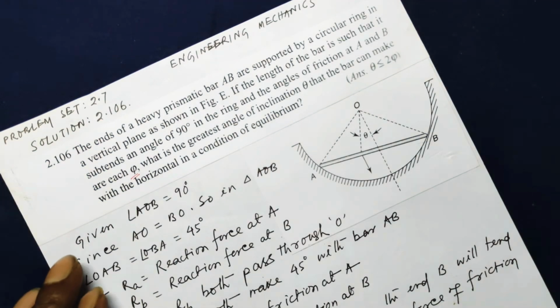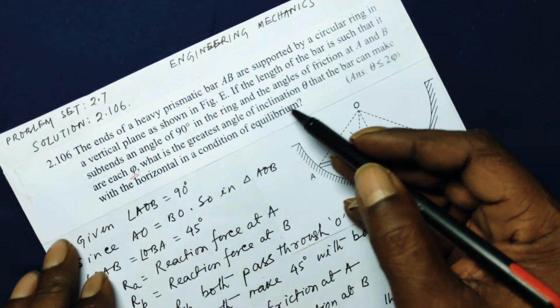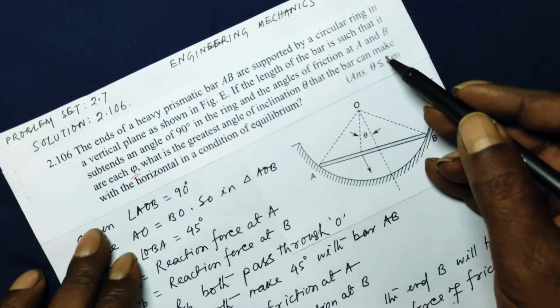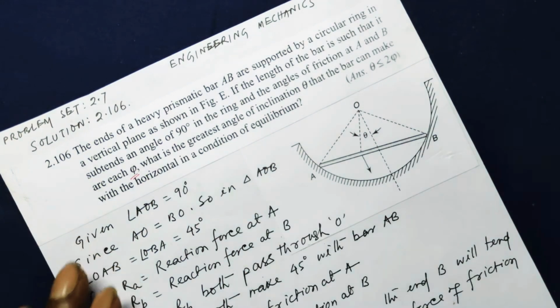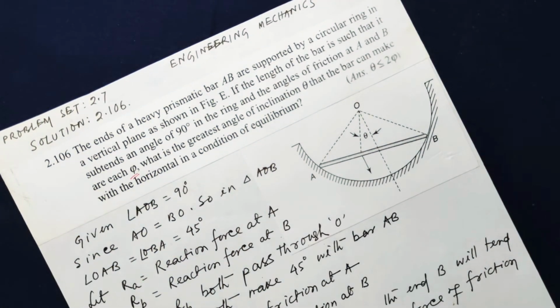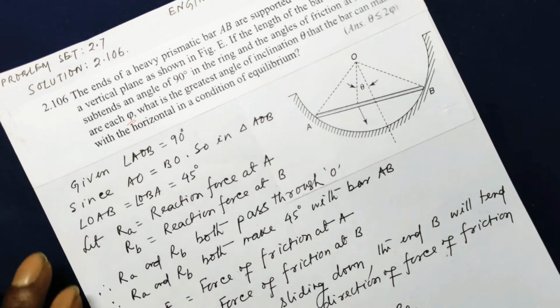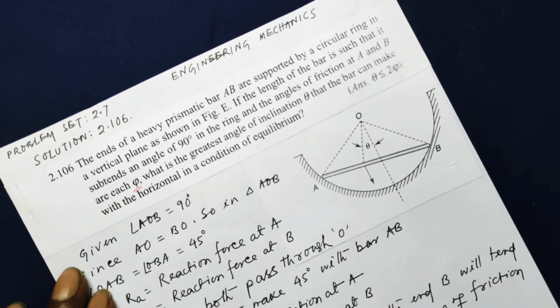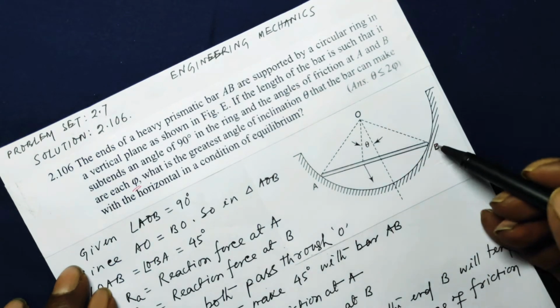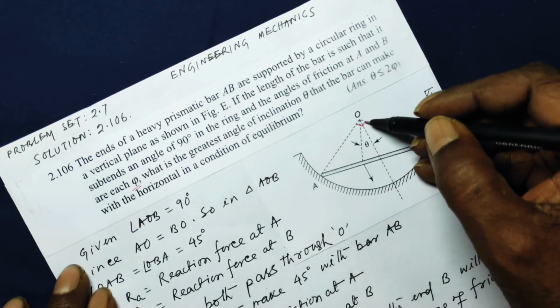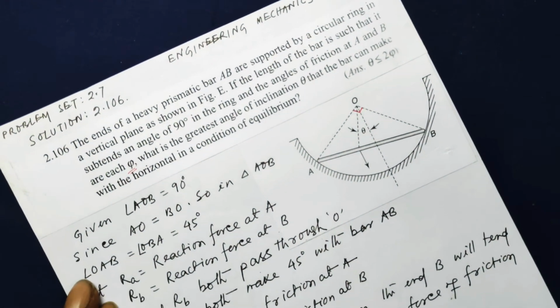Now, what is the greatest angle of inclination theta that the bar can make with the horizontal in condition of equilibrium? Now, what is given? Given angle AOB, this angle is 90 degrees,